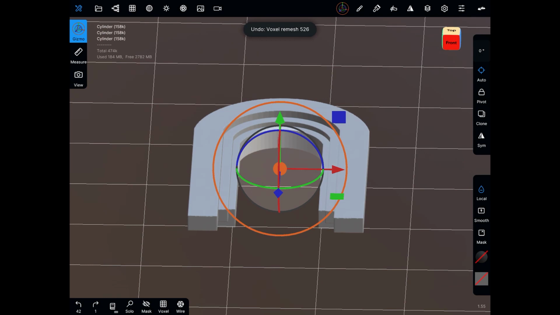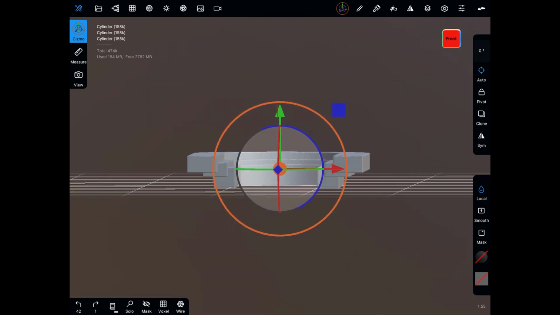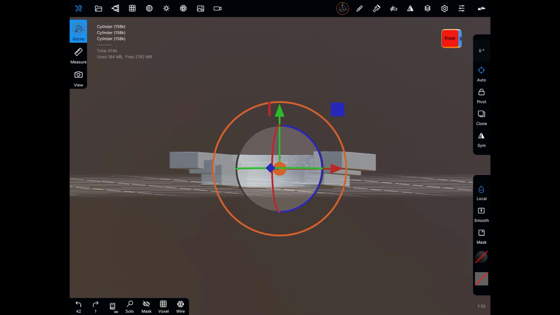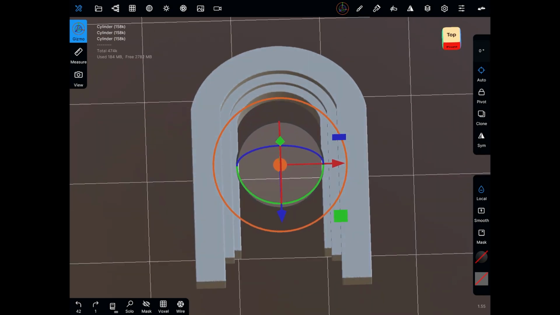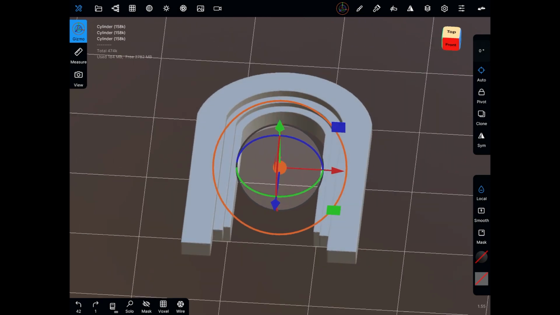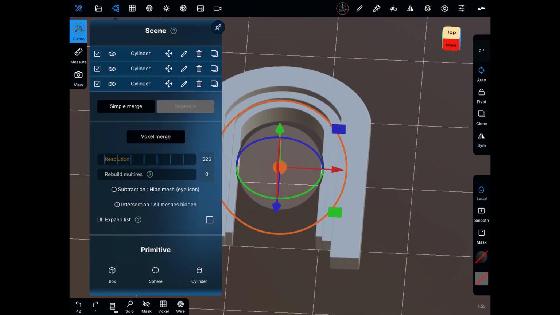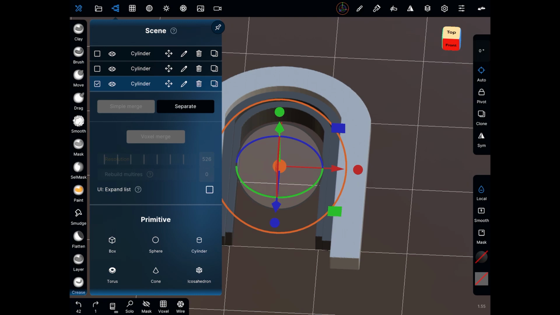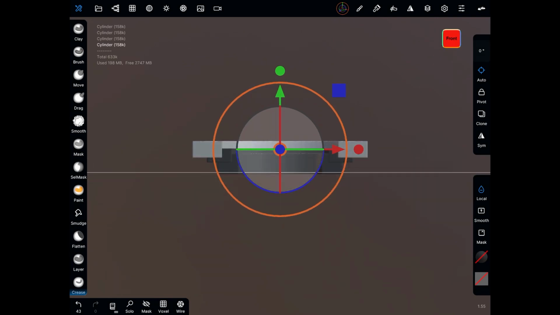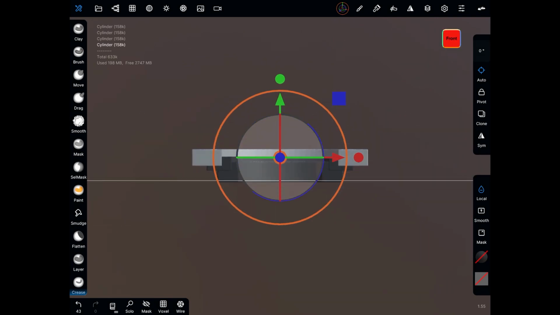Now, before we do that, let's just try and hide some of this mess that's in the background. If you want this to look consistent from the top to the bottom, then you could either merge all of this, duplicate it, and flip it to the other side and then merge it again, or you could just select one of your other layers. So let's select this one. Let's duplicate this, and then let's just move this down